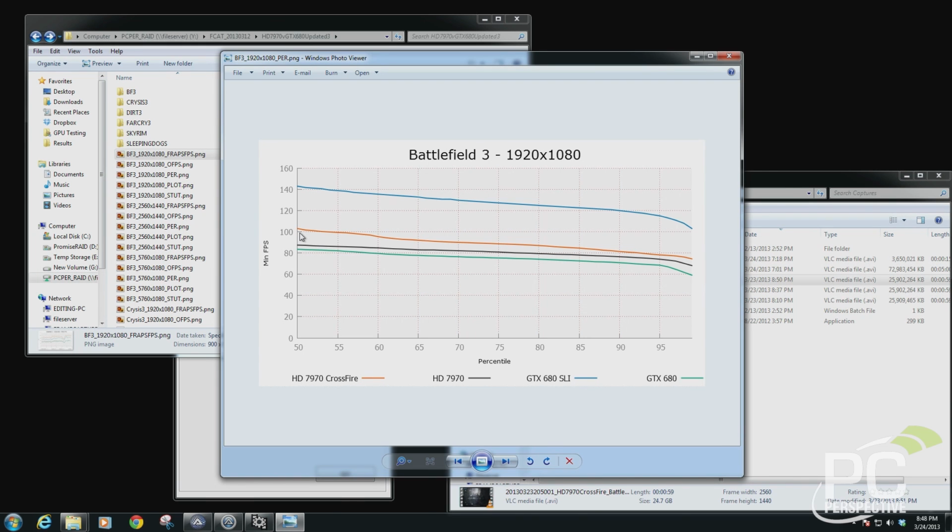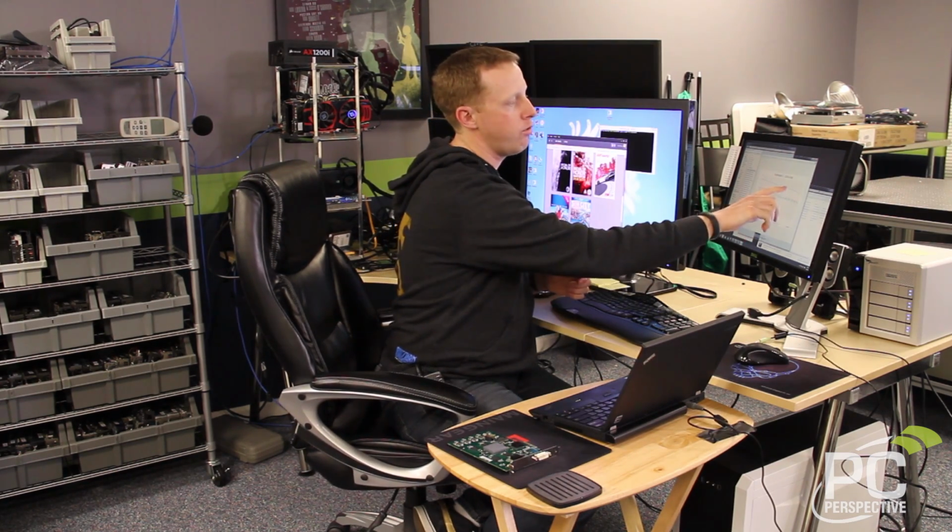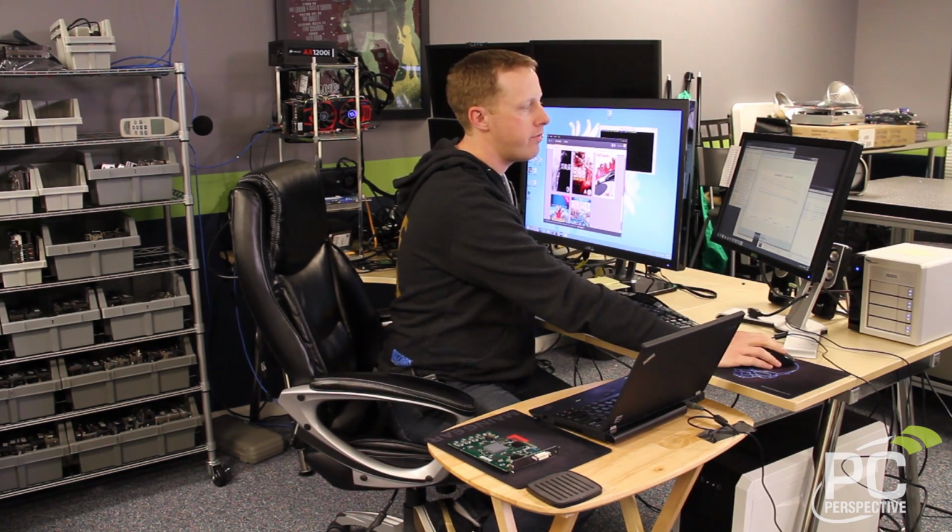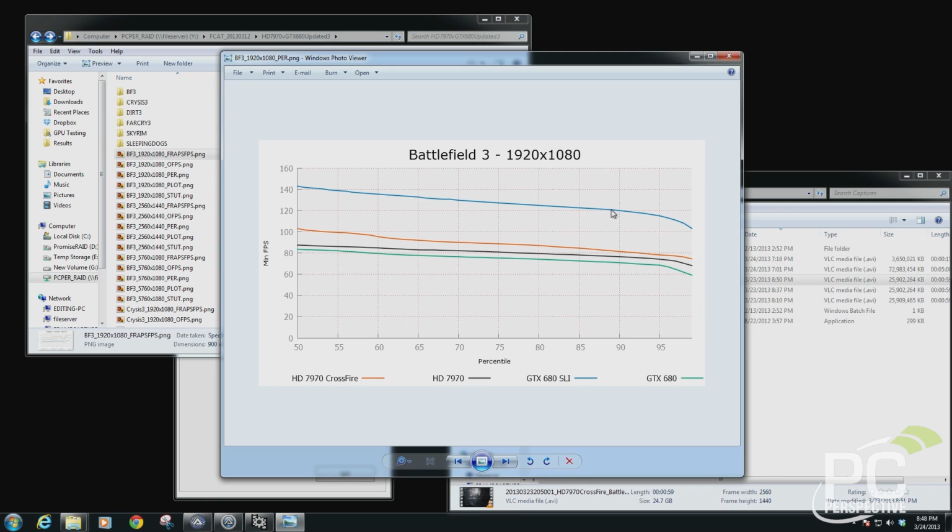Now what you would want to see here is as close to a level line as possible. You want to see as little drop off as possible, kind of down here. You want it to be as even as you can. That means that there are a lot of consistent